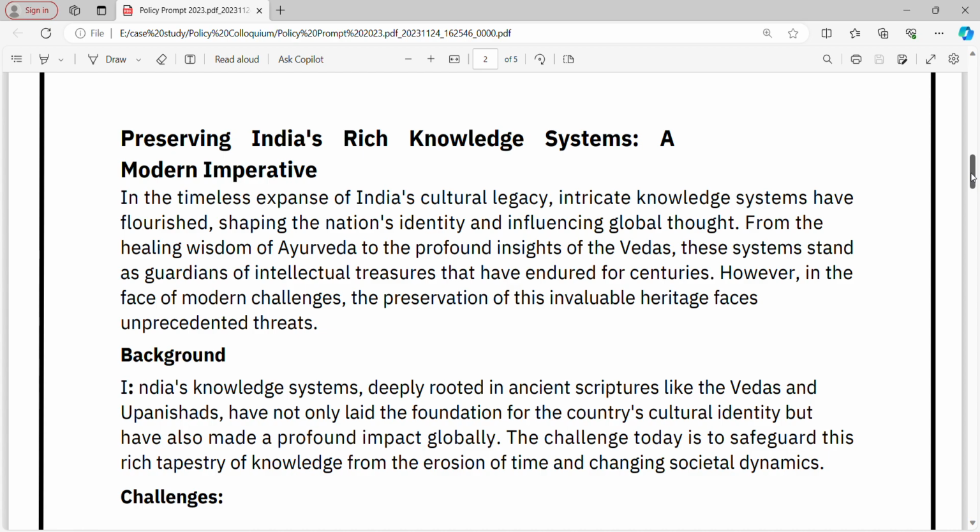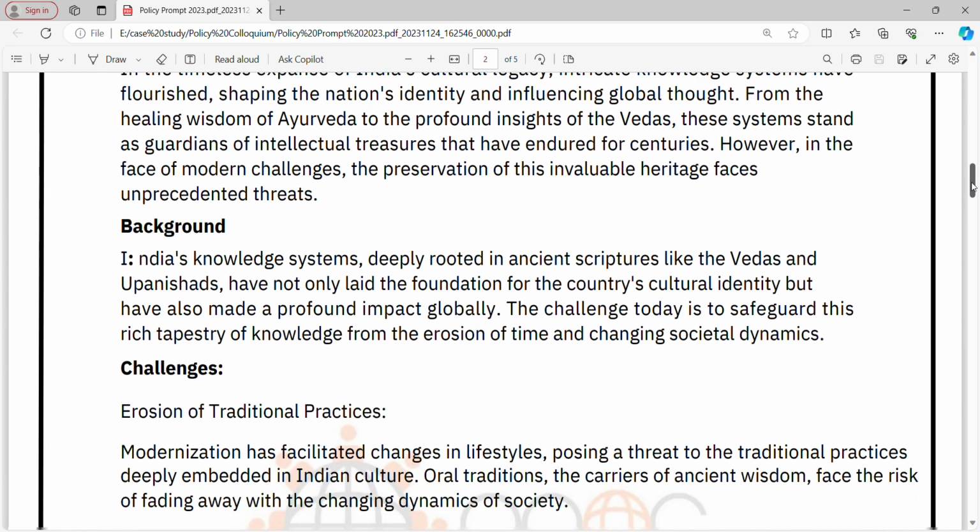Due to globalization, our traditional knowledge system became a side character on the stage. So this case problem is mainly about uplifting our traditional knowledge. You can suggest the methods or policy that you will make to uplift the traditional knowledge system.